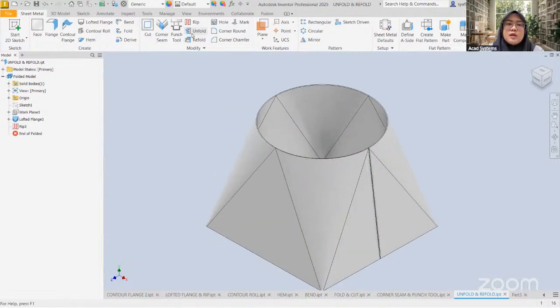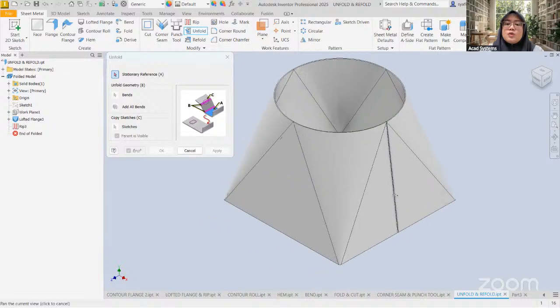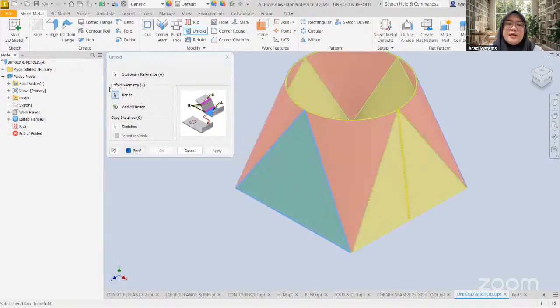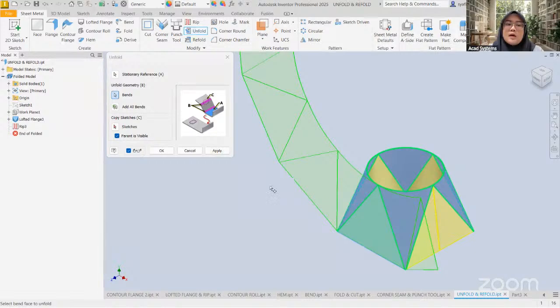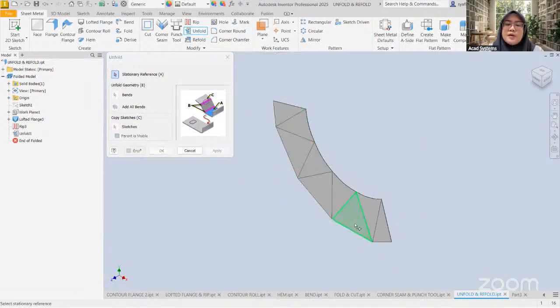model. So just click unfold, and then here it's stated that we have to choose the stationary reference. So what is stationary reference? It's referred to the face. So I just choose the face. Okay. And then it states that we have to choose the band also. So we know that this is the band. So we just choose the band here, here, and here. And then just click apply. So see, we already created the